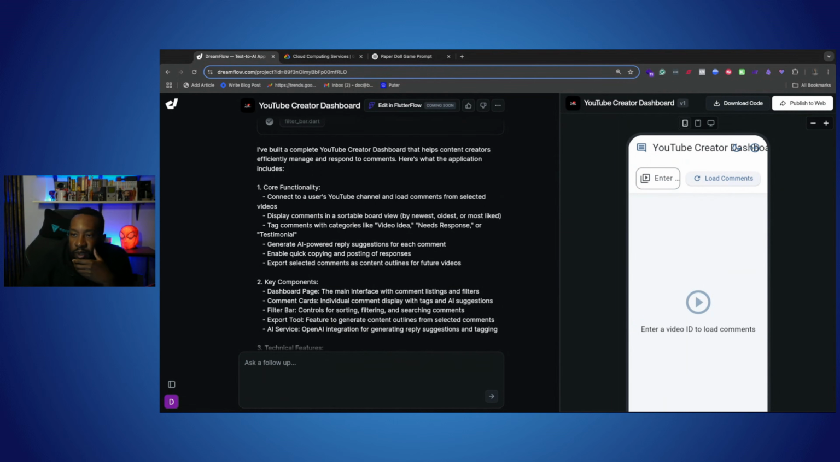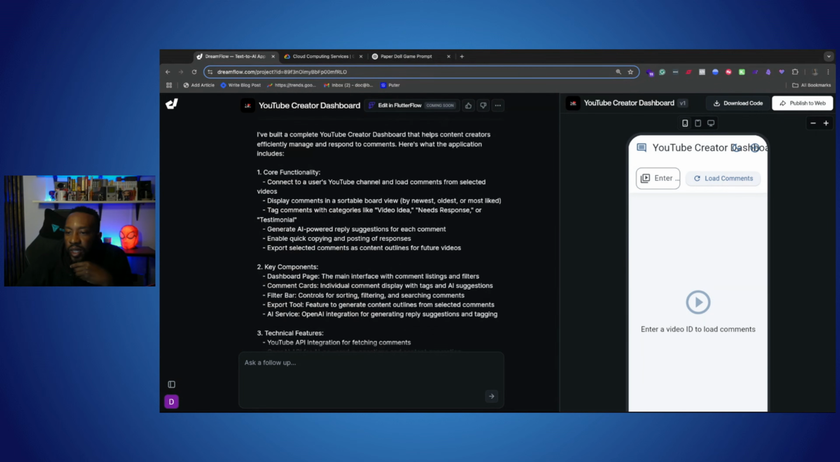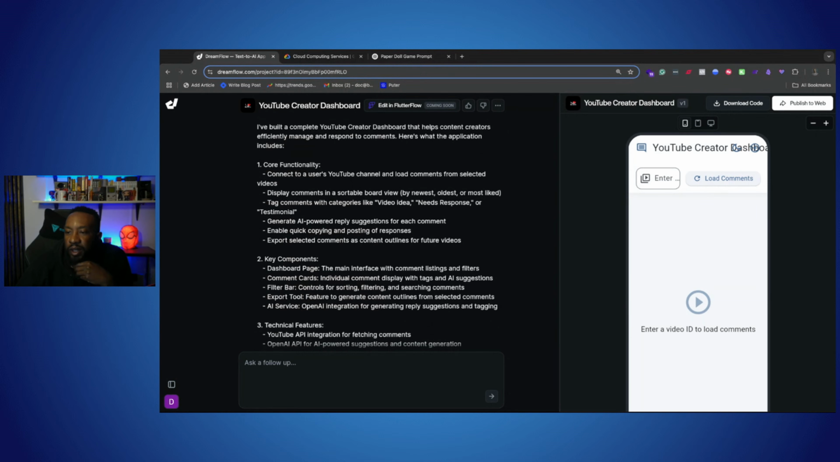It says, I've built a complete YouTube creator dashboard that helps content creators effectively manage and respond to comments. Here's what the application includes. Connect your user YouTube channel and load comments, display comments, tag categories, generate AI powered responses, enable quick copy and paste posting of responses, export selected comments. Dashboard, comment card, individual comments displayed, filter bar, sorting and filtering, export tool, AI service, OpenAI integration for generating replies